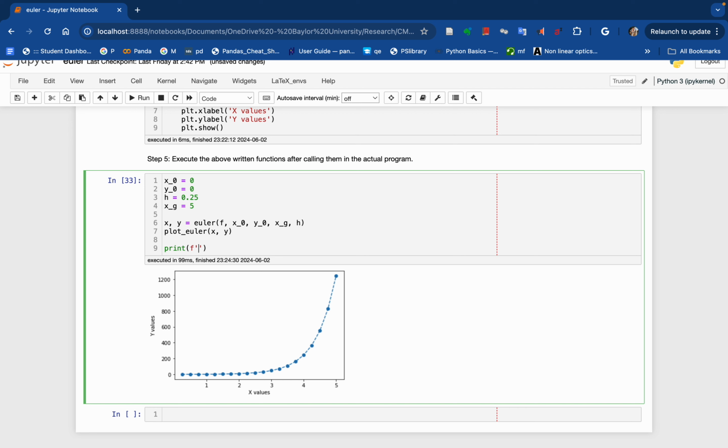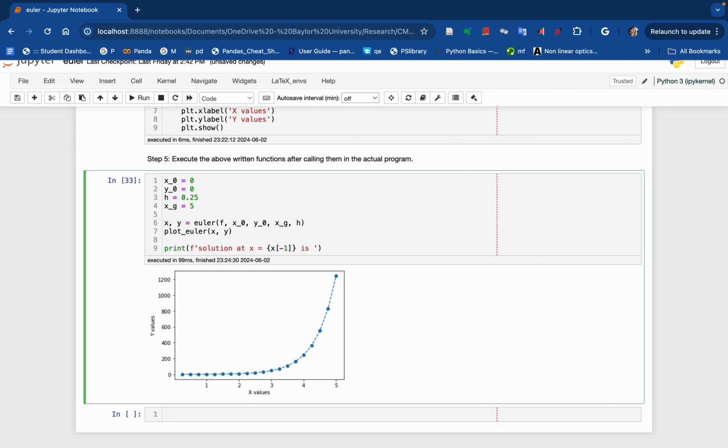So format string and then print the solution at x equals, I will use the x equals 5, right? So x equals 5 is the end point of x, so I can simply write x and then the last element of x, I can call that by using -1 inside the brackets. That will give me the last value of x